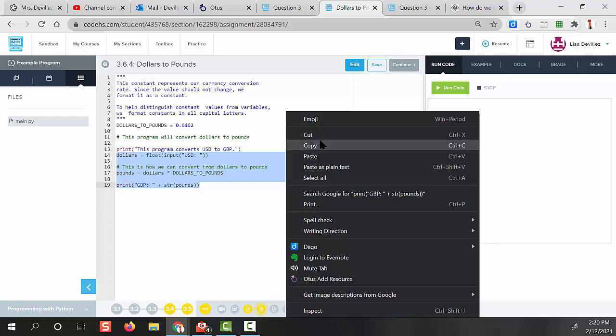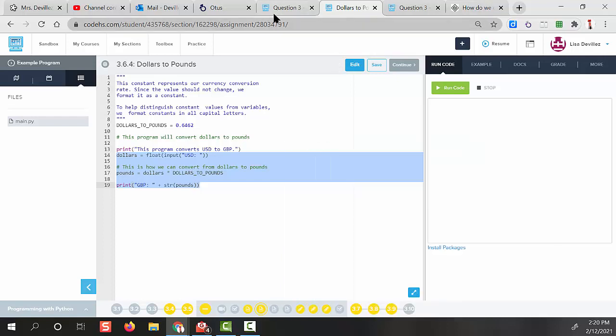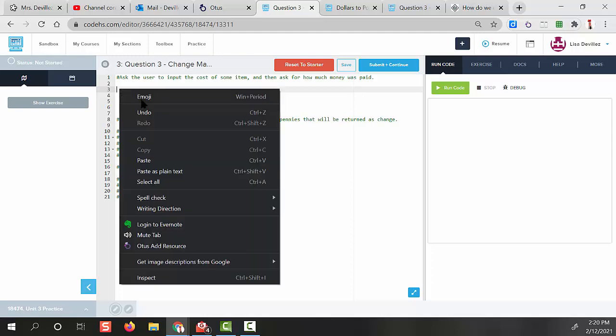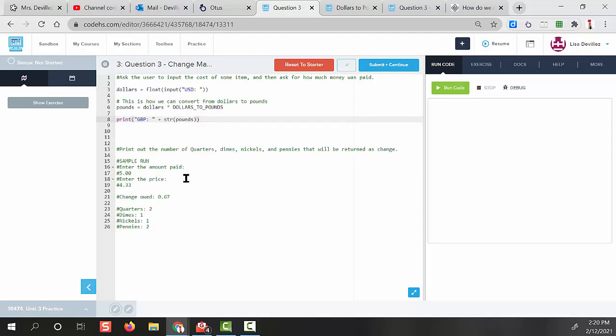Okay, so again, I'm going to copy that. I'm going to paste that in, so that I can then kind of use it. So here it says ask the user to input the cost of some item. So I'm going to call this variable